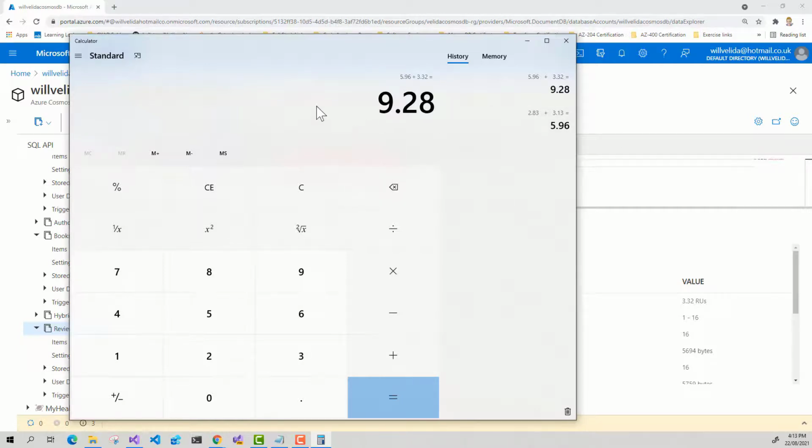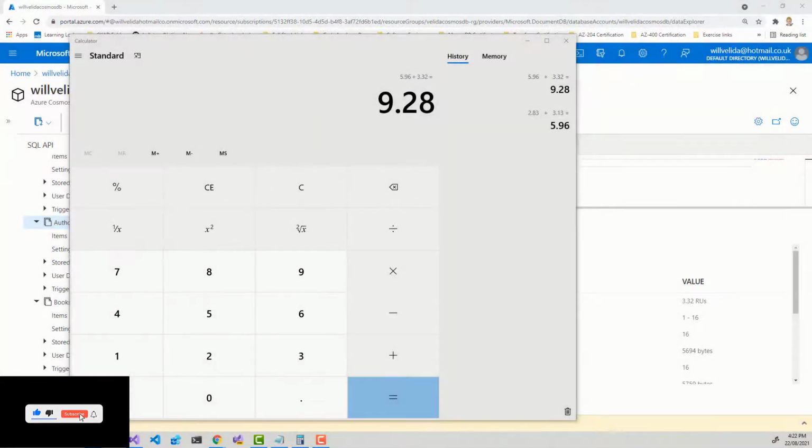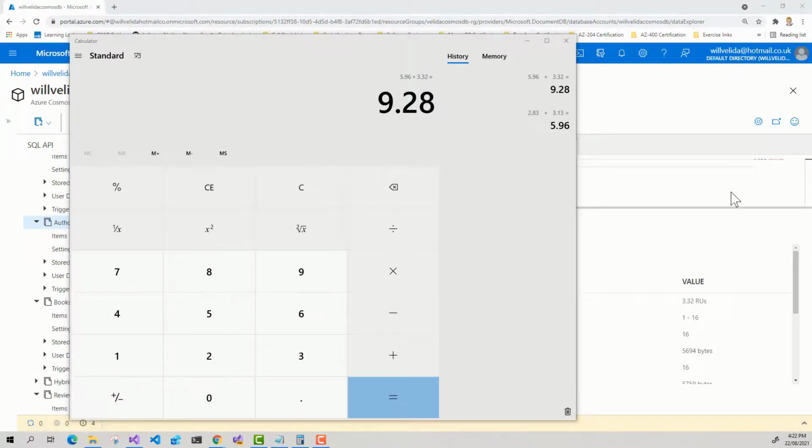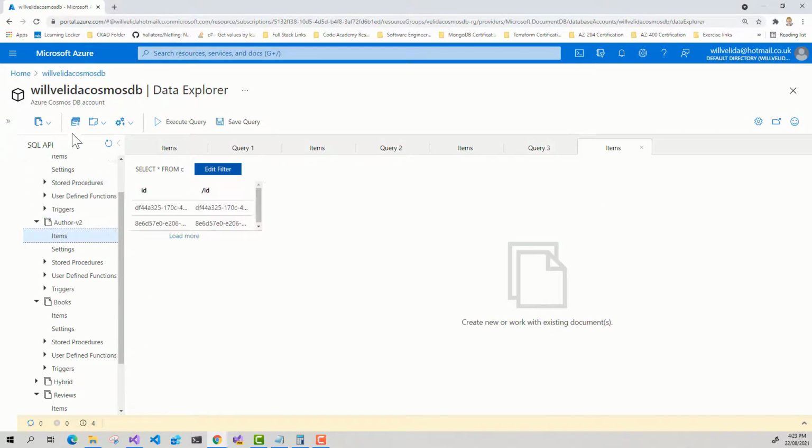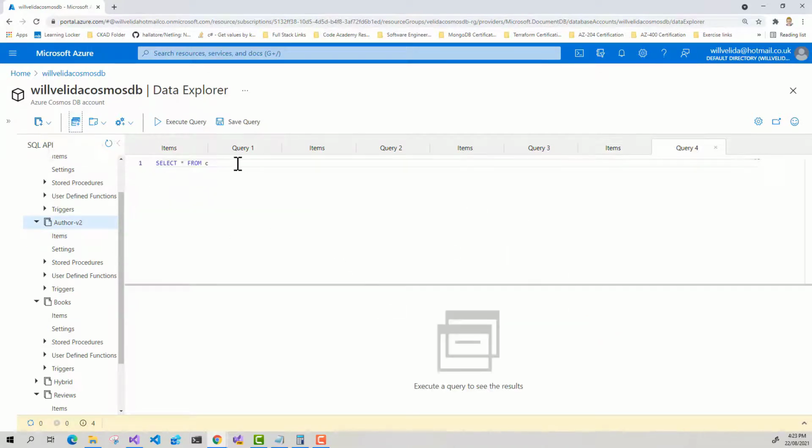So essentially what we'd like to do is create a data model where we'd only have to call the database once and it will retrieve all the information that we need for that particular query. So let's take a look at that. So let's start off by running a query that allows us to not only, when we query the author container, so this author v2 container here, when we query that container, we're not just getting the author back, but we're also getting the books that that particular author has written. So if I create a new SQL query here,